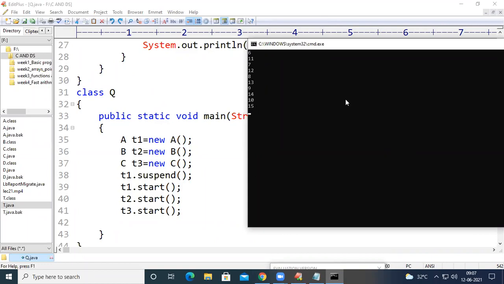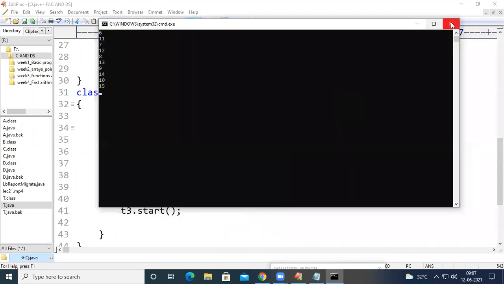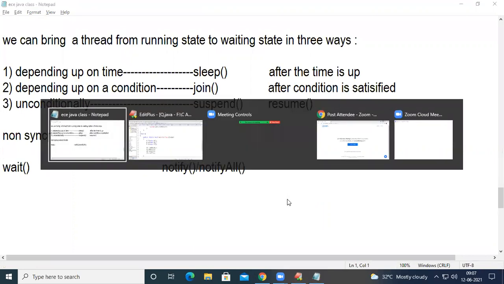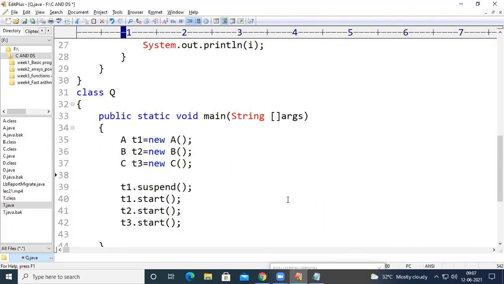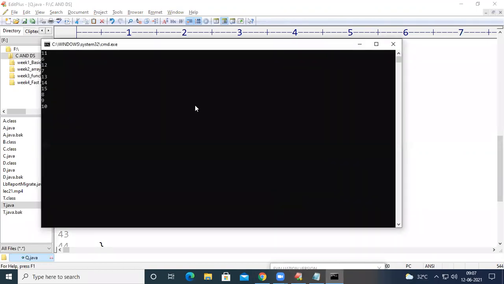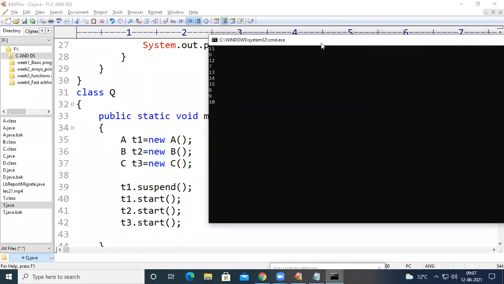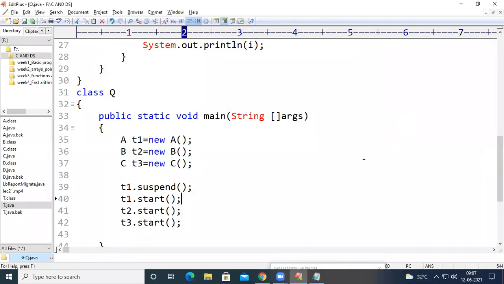We had designed the program in such a way that the T1 thread is going to print the numbers from 1 to 5, the T2 thread is going to print the numbers from 6 to 10, and the T3 thread is going to print the numbers from 11 to 15. But if you run the code, we are getting the output of T2 and T3. We are not getting the output of T1. Why are we not getting the output of T1?